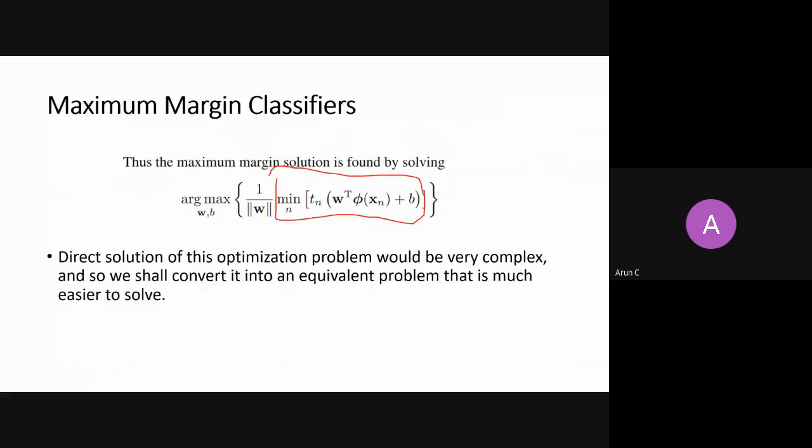Very good. Now this minimum term is equal to 1 because I intentionally did that when I scaled my W. It means the norm of W could have been scaled; this is also what I brought outside. It is not that I am just removing this term and everything will wash away. No, because I'm changing my W such that the nearest distance is equal to 1, I am just changing my norm.